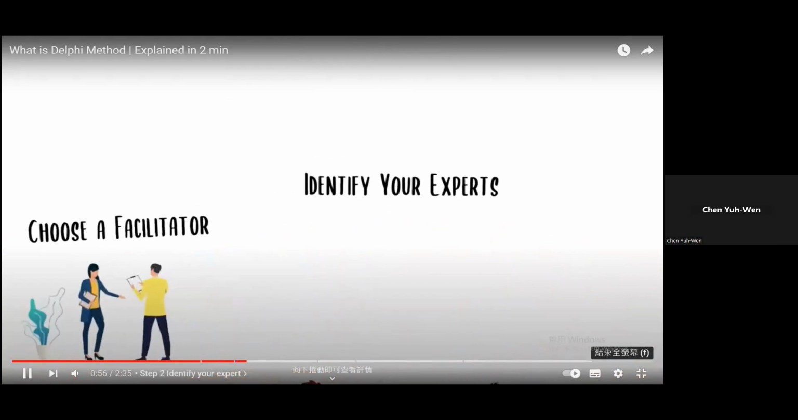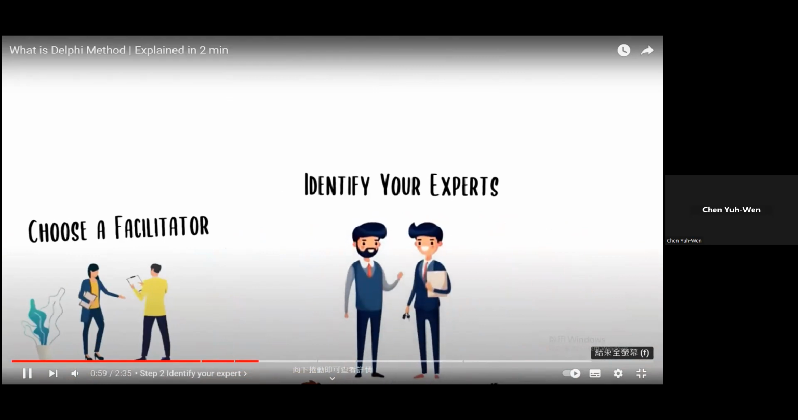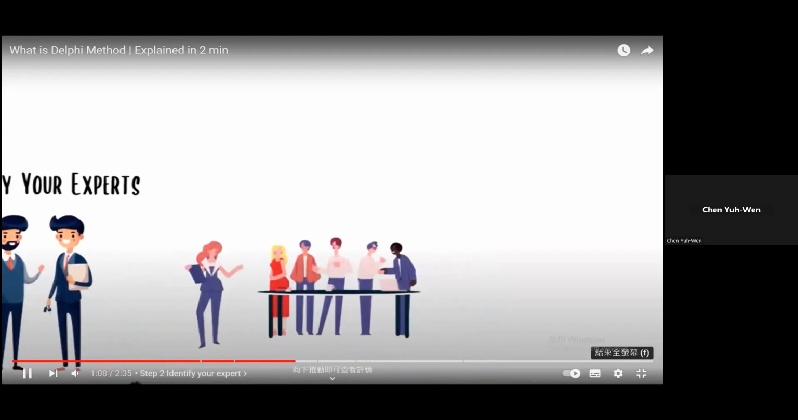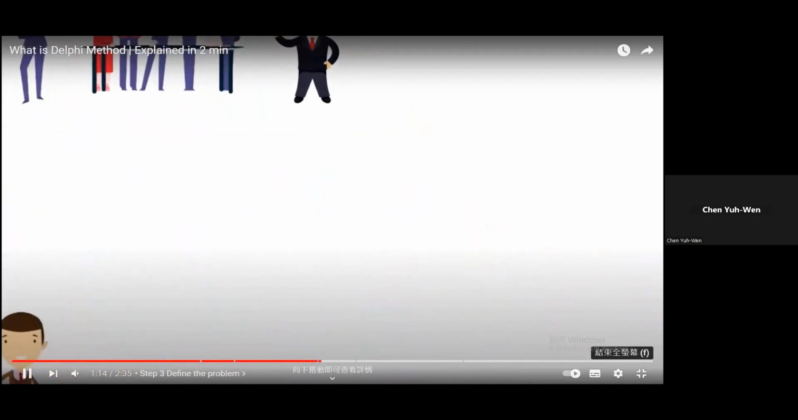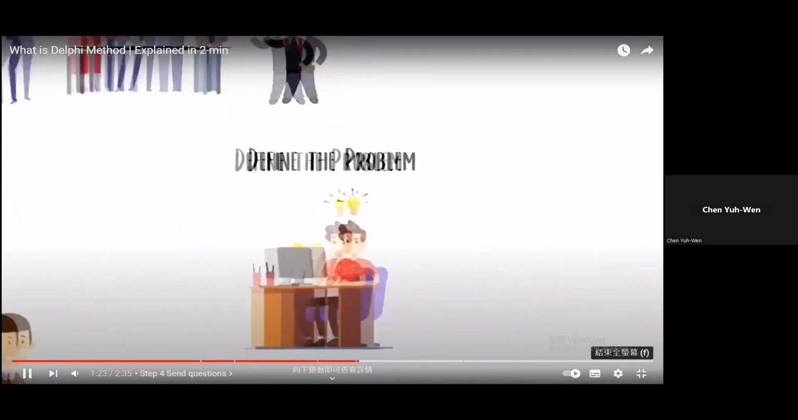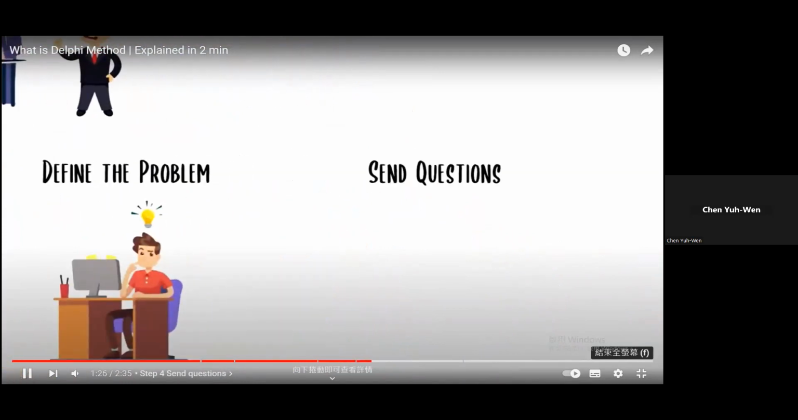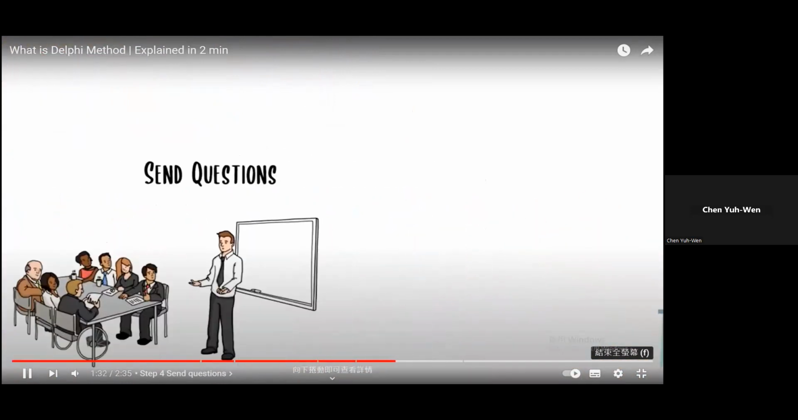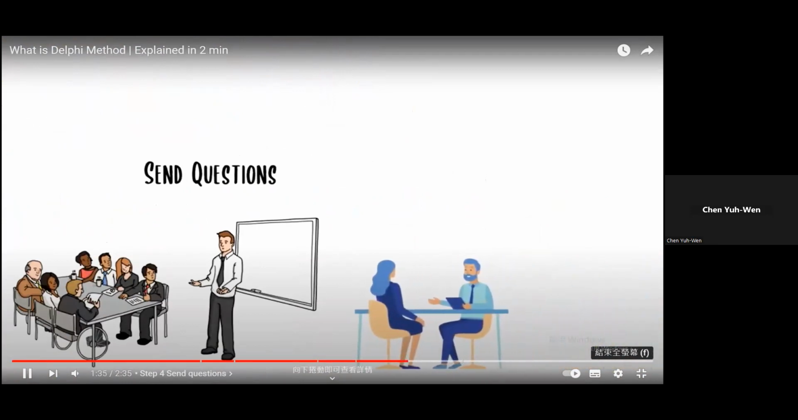Step 2, identify your expert. The Delphi technique relies on a panel of experts. An expert is an individual with the relevant knowledge and experience on a particular topic. These might be people in your development, your customers, or your friends with sufficient knowledge and understanding. Step 3, define the problem. Here you have to clearly define the problem that you're trying to solve. Step 4, send questions. Once you have a group of experts and a clearly defined problem, you will send multiple rounds of questions to the experts. Each round of questions will go deeper into the problem or potential solution, and your follow-up questions will be based on